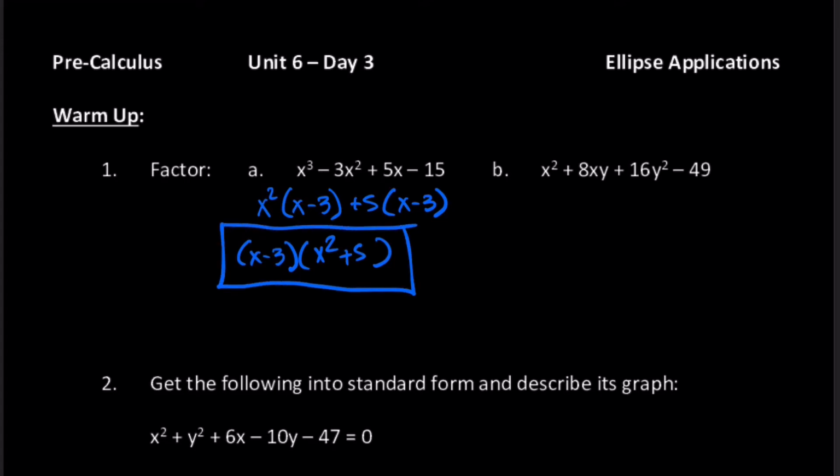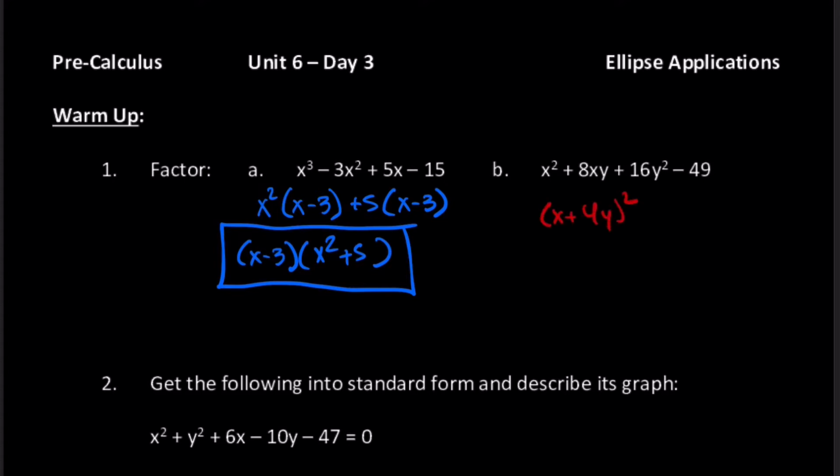Now the second example, if you notice, yeah, I could take out an x here, but I'm left with x plus 8y, and there is no GCF of those two terms. So the method we use in example A does not work. Here, I need to factor this trinomial. In order to get you x plus 4y times x plus 4y, which I'm going to write as x plus